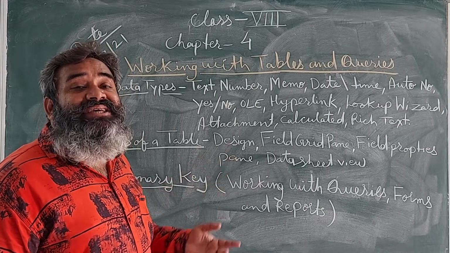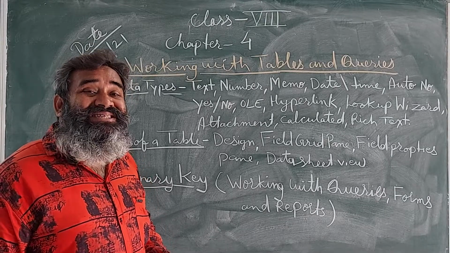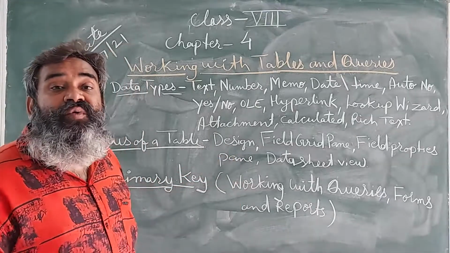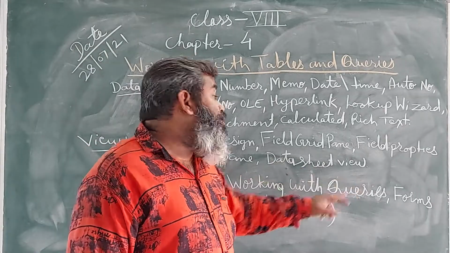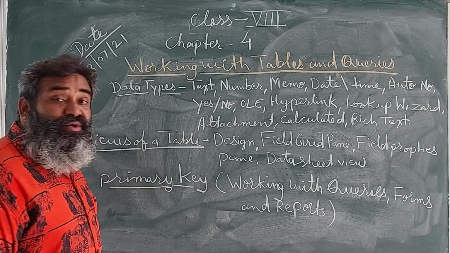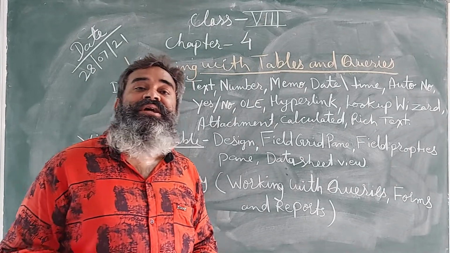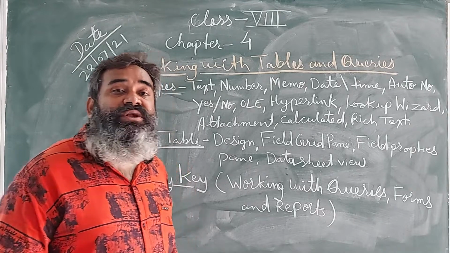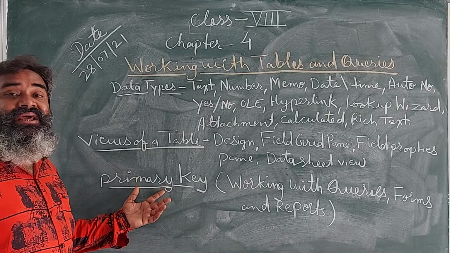No one can have the same fields. Every student has their own pattern of designing their table, so we have to create it in design view. And when we want to enter data in a table, we just go to datasheet view. So in that way the tables can also be viewed. Then after completing the three tables that I mentioned, student information, student marks information or student fees information, we are working with a primary key.